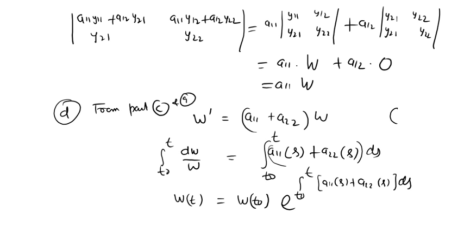In that way you can write solutions y1, y2, then compute the derivative of the Wronskian W'. Using W' you can relate W' with W in part D, and on integrating you get W in exponential form. Since the exponential never vanishes, W is either never 0, or it can be 0 only if the constant W(t0) is 0.